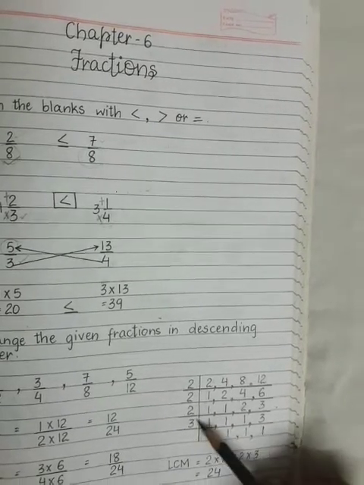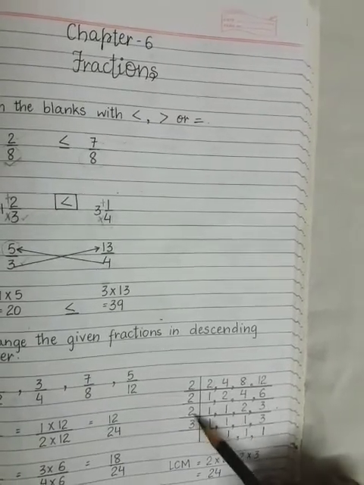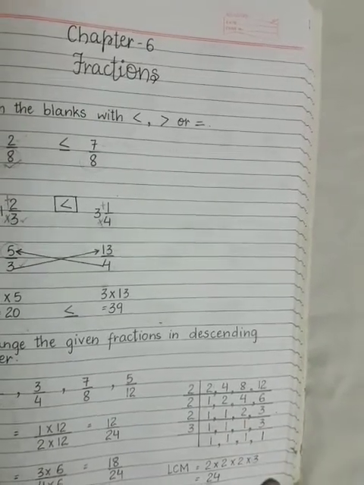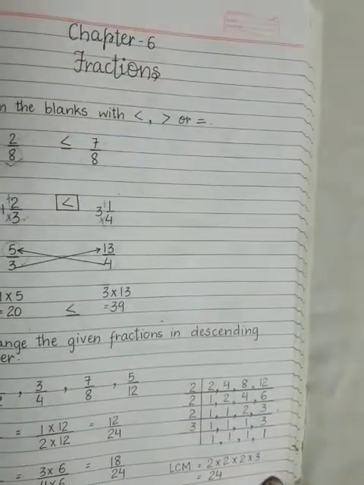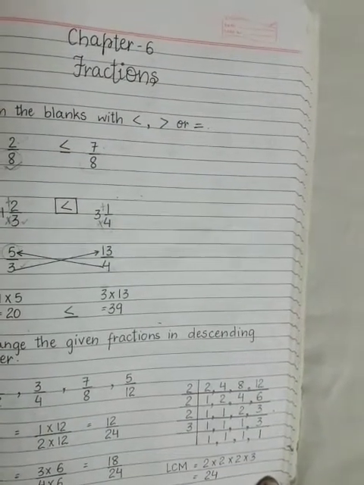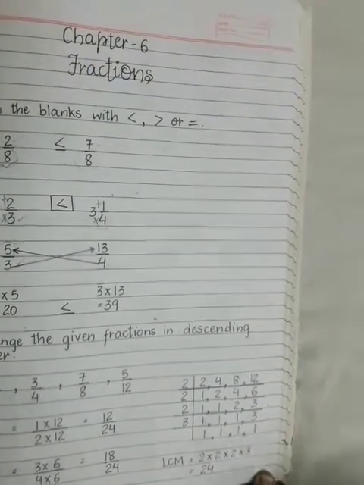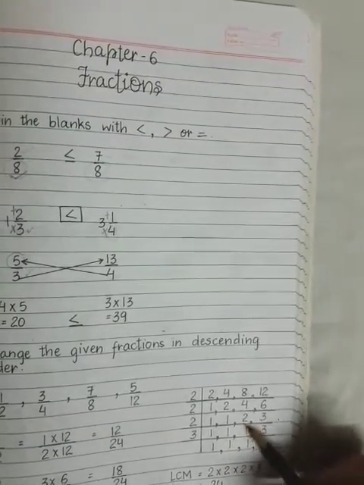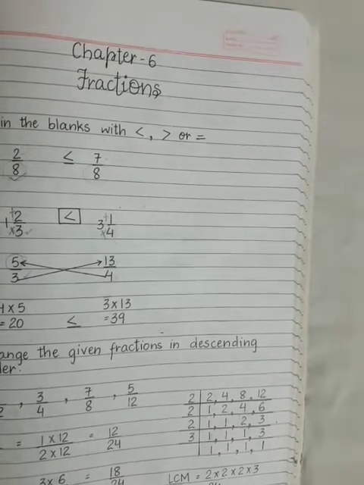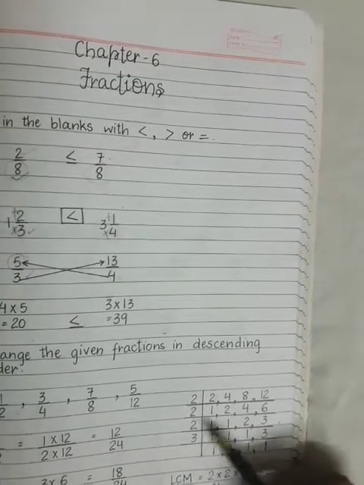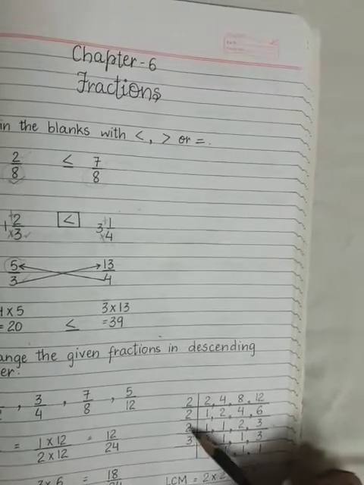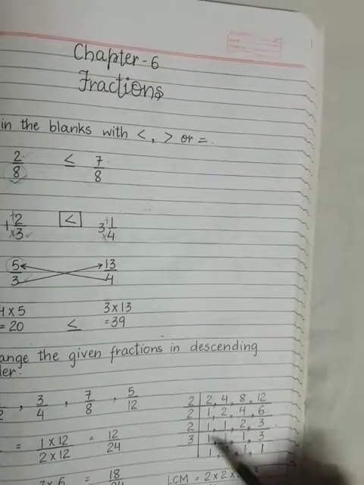Then I told you that we will divide the number by the smallest prime number which divides all the numbers or at least one of the numbers. So, in this step 2 is still divisible by 2. Okay? 2 is still divisible by 2, that is why we write 2 here and this 2 gets divided by 2 and this becomes 1.